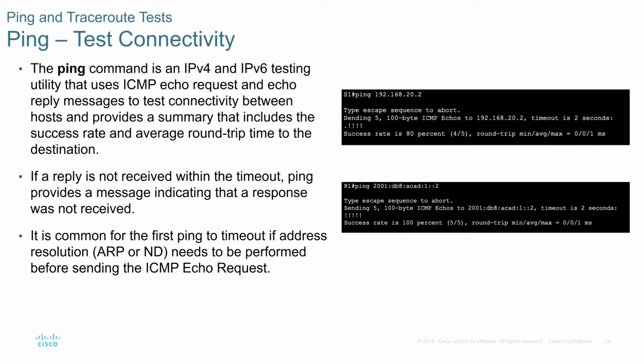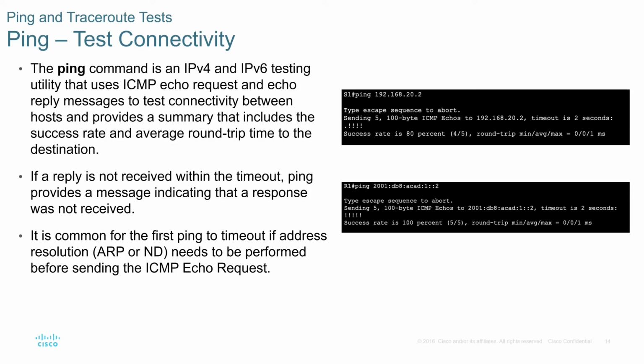As we can see in the example, we had 4 successes out of 5, which is not uncommon for the first time that we ping. And it tells us that we have an 80% success rate and the round trip time is 1 millisecond. At a future date, if you've received a complaint that the network is not functioning as fast as it should, this kind of data can be referred to, to see if the original data, being 1 millisecond, is different than the current data. If a reply is not received within the timeout, the ping provides a message indicating that a response